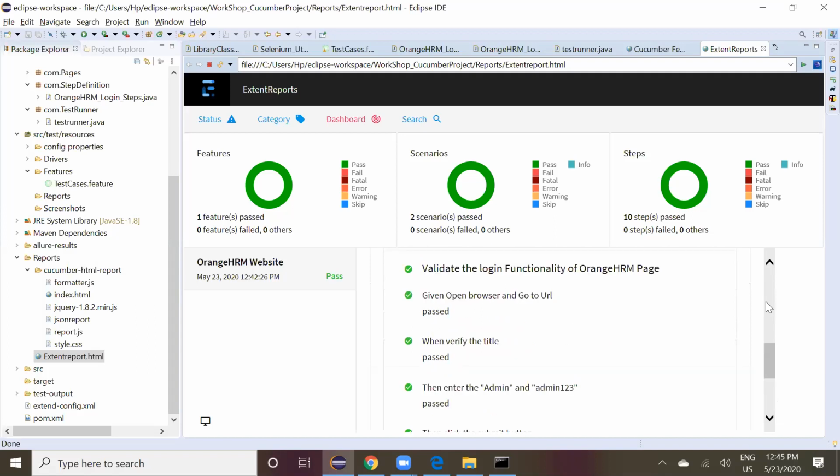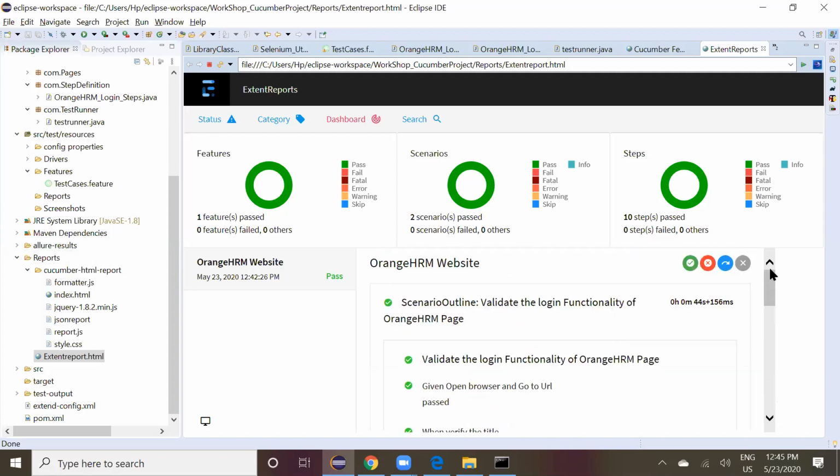Okay, so the difference is for the Allure report, no need to write the code, but for extend report we need to make some modifications in the code. So that is a difference. Okay, so for Allure, no need, just download, give the path, generate the report, and set one command line. But for Cucumber we have to do some modifications.